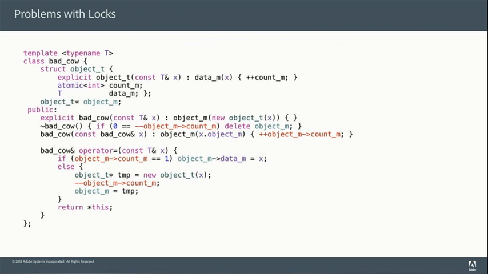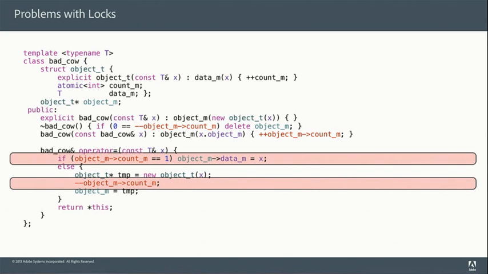So I'm going to pick on myself here. This is a clip from a copy on write data type, which was a smart pointer type class that I wrote some time ago. It's got an atomic count in there. You can see I highlighted in red all the atomic operations. There's a race condition between those two statements. Can anybody see it?